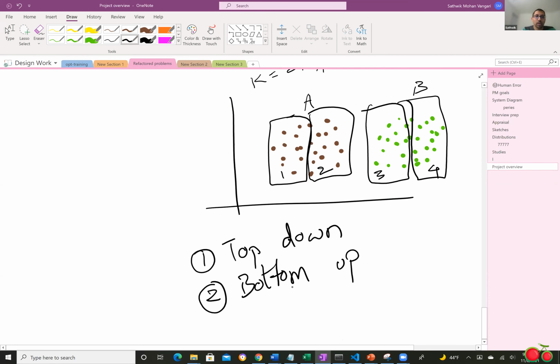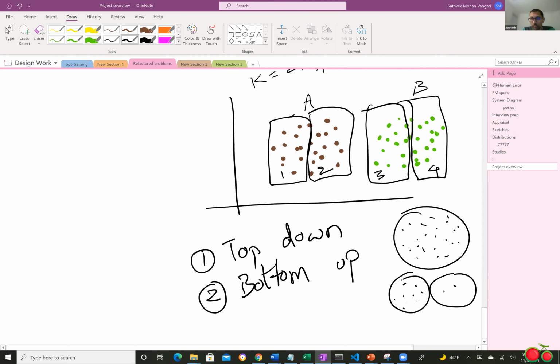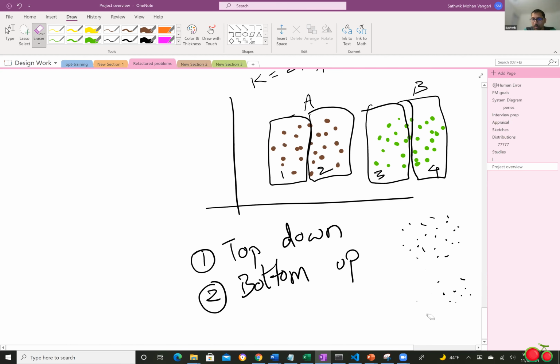Top down is where you start with the entire data, all the points as one super cluster. You say, I have only a single big cluster, and then you start breaking this cluster off into pieces. Now instead of 1 cluster I have 2 clusters, and you keep breaking things. That's the top-down approach. Bottom-up is wherein you start with 1 point